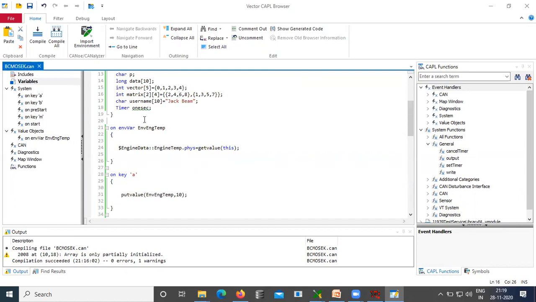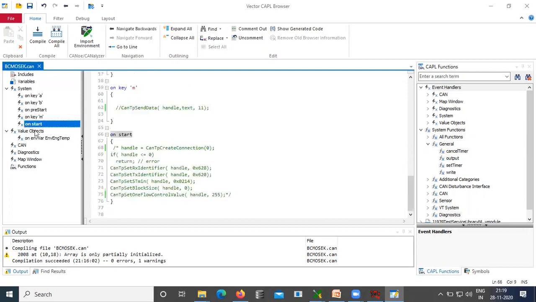To start this timer, I should have some event. So I use the on start event for that, because by default this event will happen when I start the configuration.